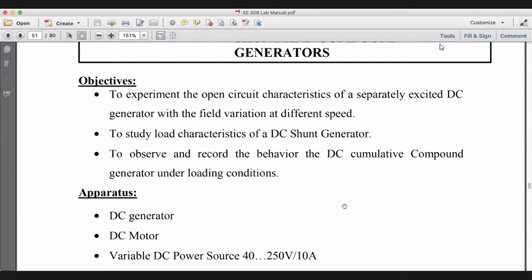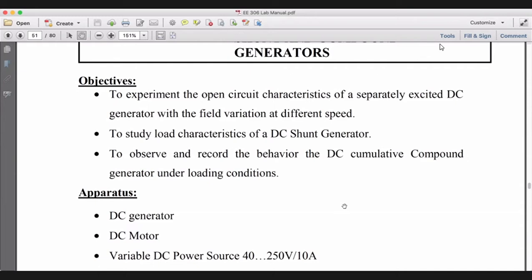But gentlemen, whenever you connect a load, a current passes through the resistance of the armature. Now, once current is passing through the resistor, it becomes I into R, which is voltage, V equal to IR. This voltage is dropped across the resistor. It means that now I have EA minus the drop across the armature, which is IR, equal to VT, if I ignore the brush drop, which we discussed today. So EA minus IA RA equal to VT.